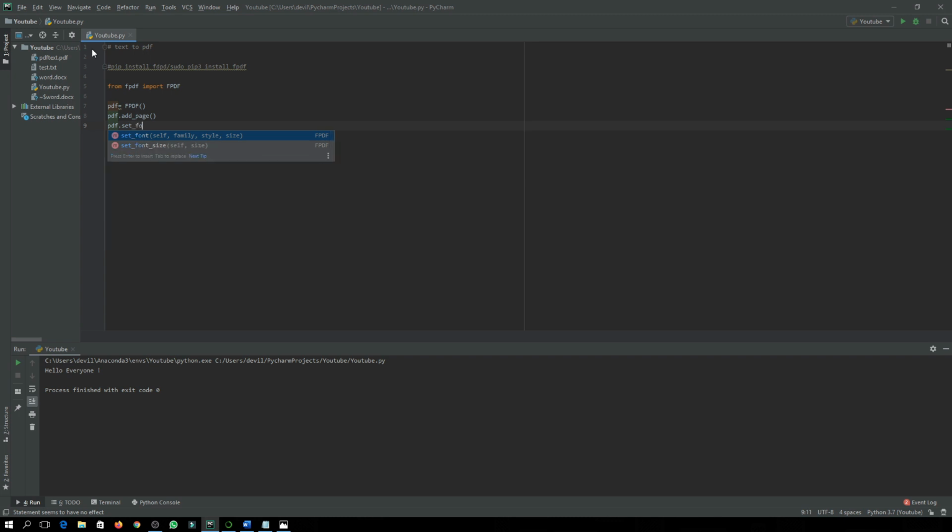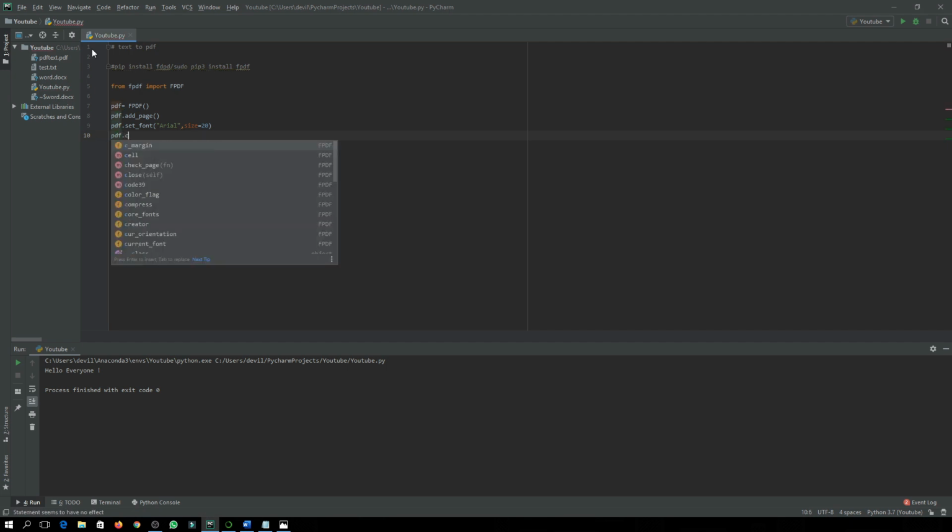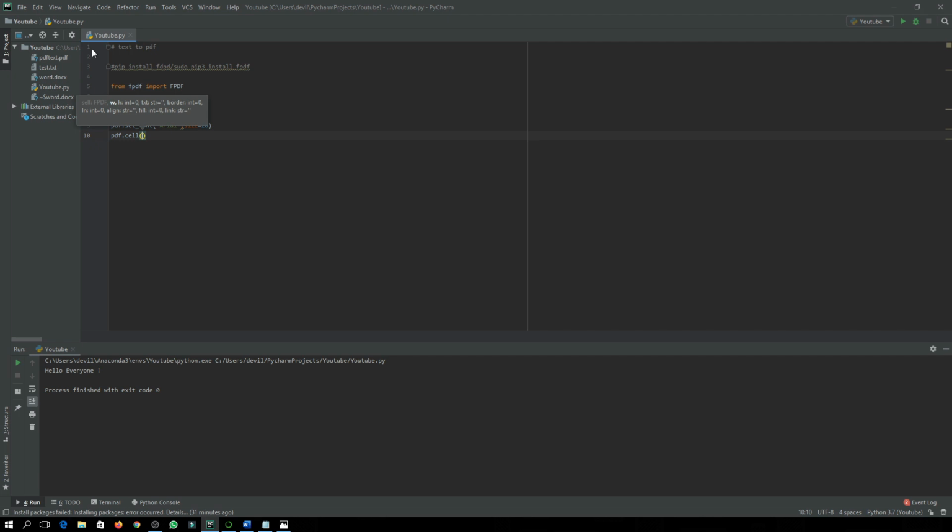Set font. So let's say Arial, and here you have to give the size. Let's say size is 20. Then you have to give cells, pdf.cell, and here you have to give horizontal and vertical positions.